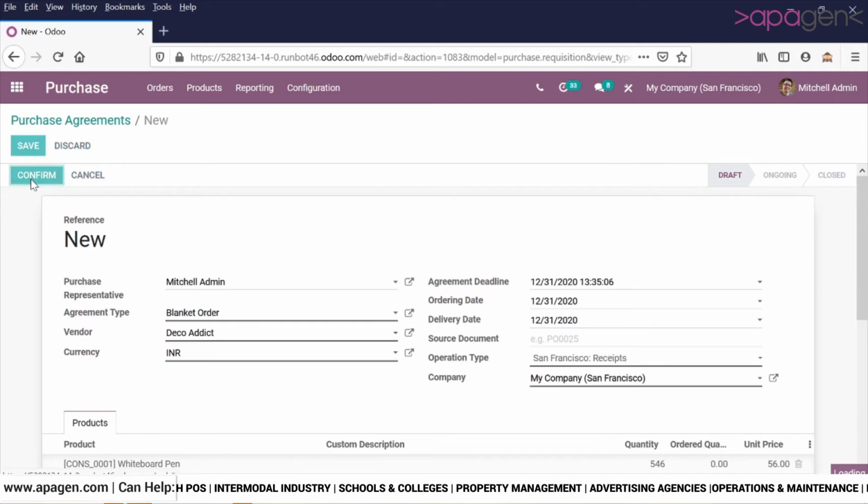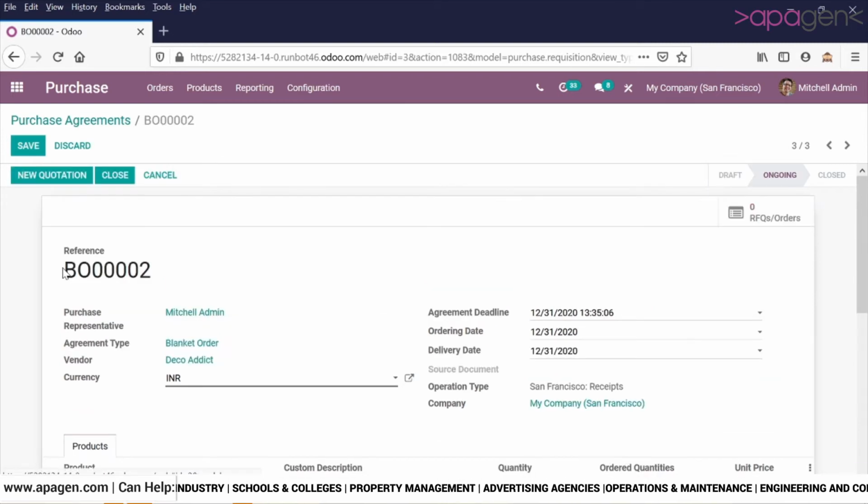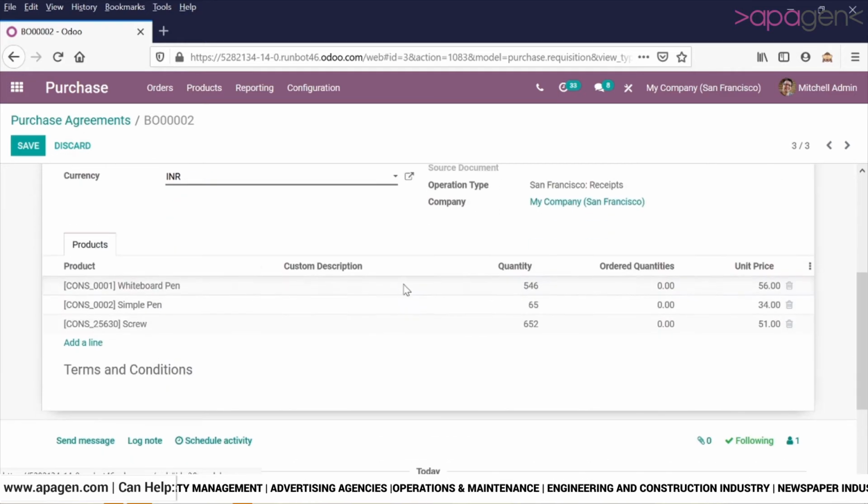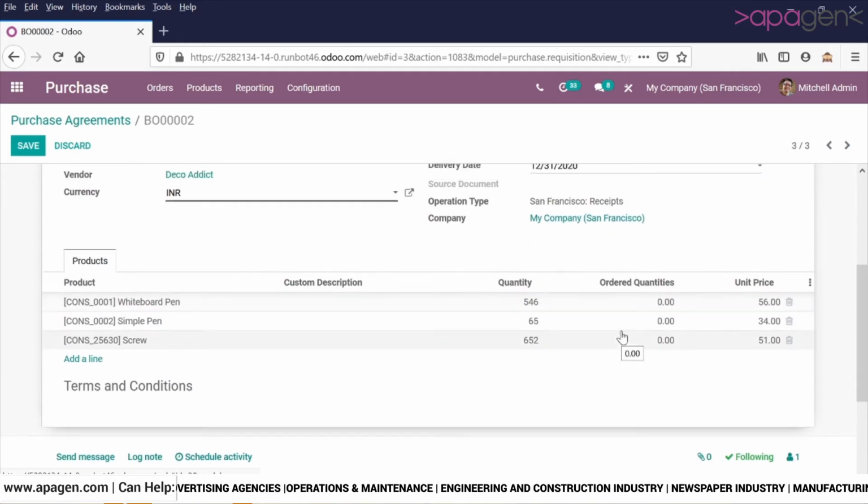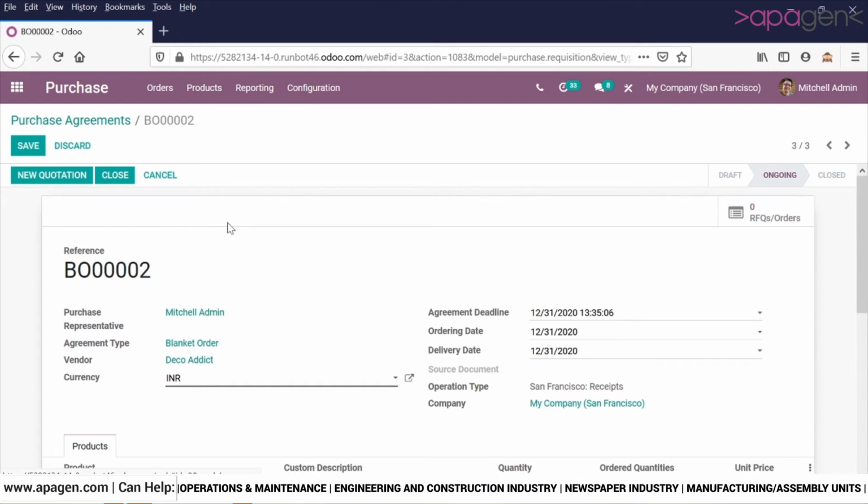Once this is done, I will confirm and my purchase agreement is now ready. Now, as long as this purchase agreement is valid, which will depend on the order quantities, this purchase agreement or blanket order will remain in motion.